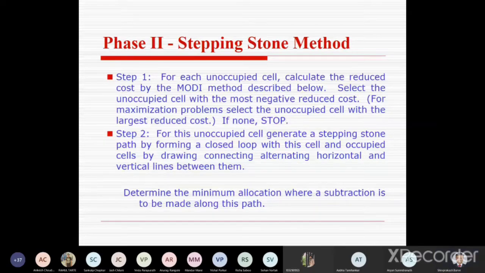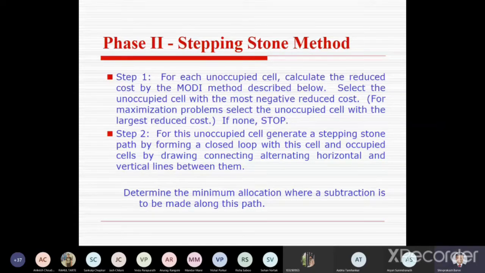So the solution we got from the initial feasible solution methods, we are using as it is for starting the stepping stone method or the UV method or modified distribution method. And we want to improve that solution. How are we considering the improvement? When we get a minimum cost in the next iteration, we consider that the next solution is better than the previous one because it is giving the least cost.